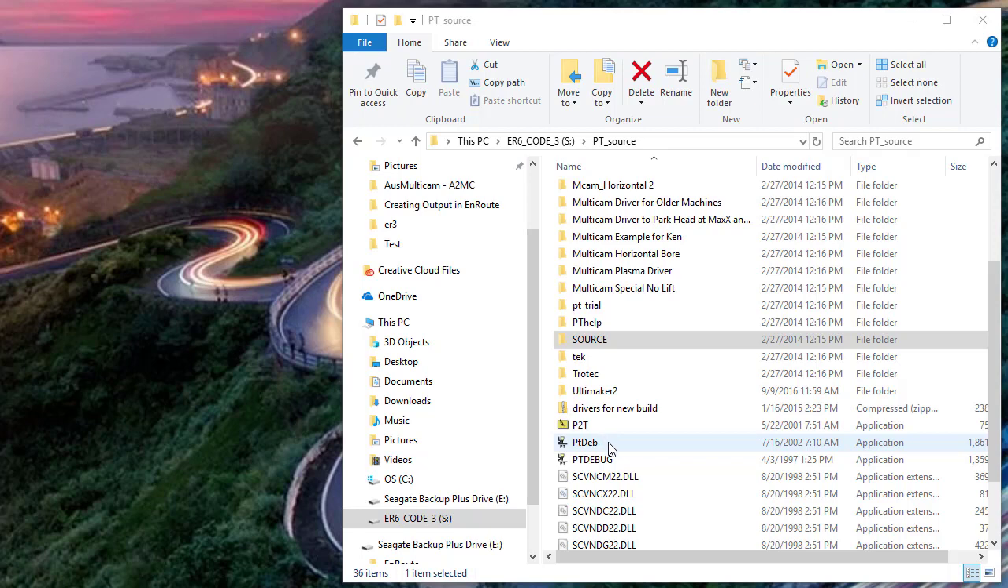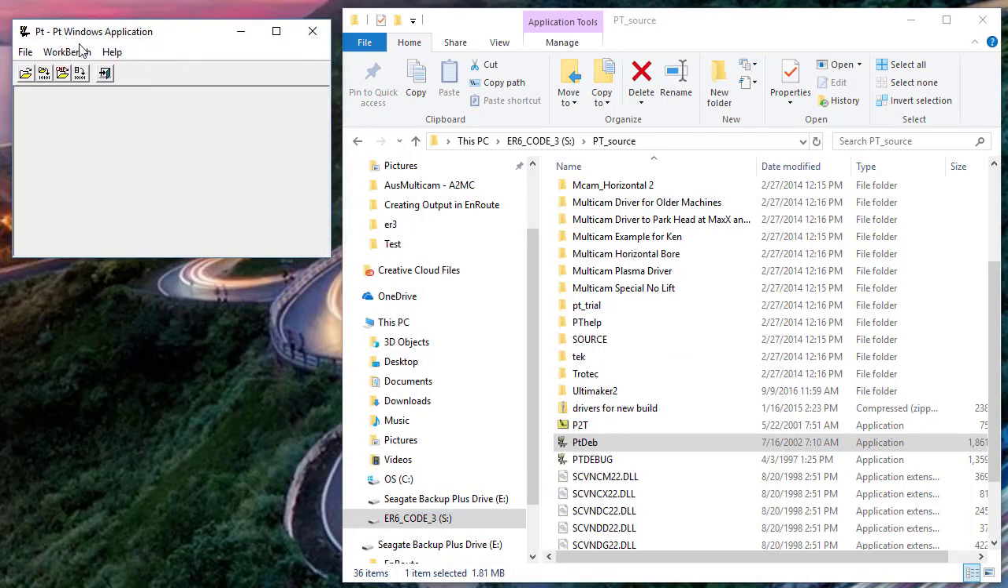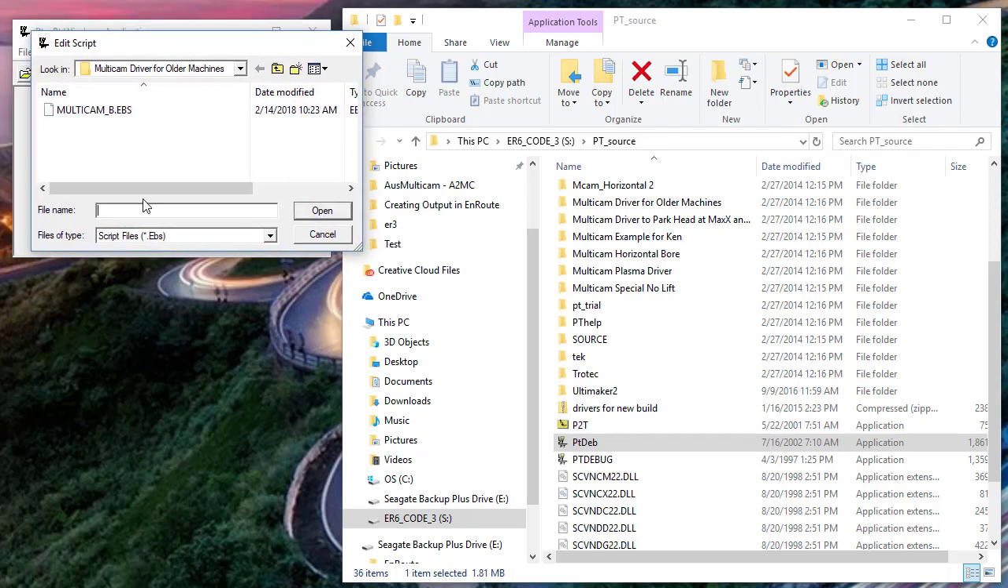This one is handy because it uses a little standalone system, and so it makes it pretty portable, and therefore a little simpler and has become popular for that reason. So anyway, this PTDEB application, if you double click on that and open it, is this little PT Windows application, and it's very simple. If you go here and say I'm going to edit a script, it'll bring up a